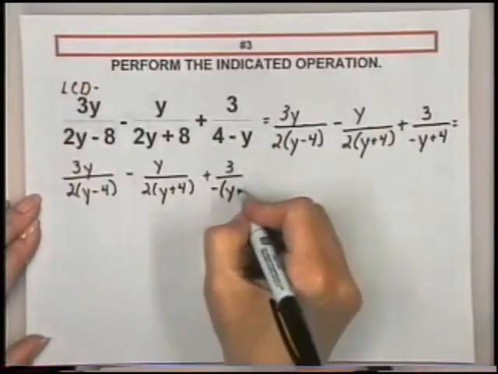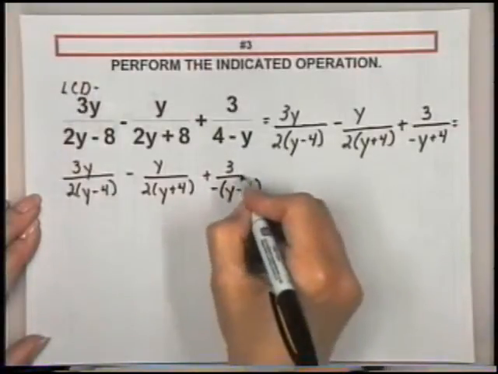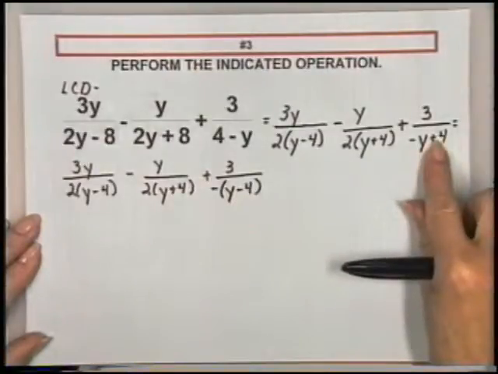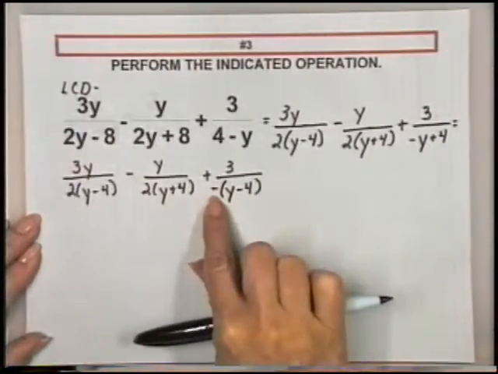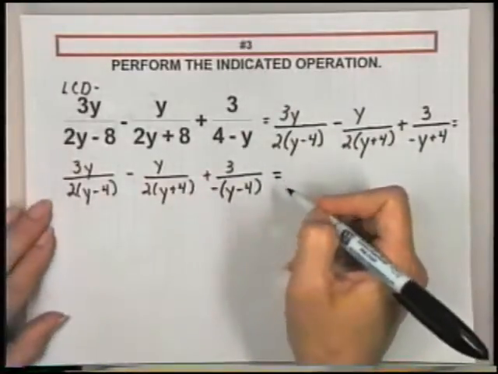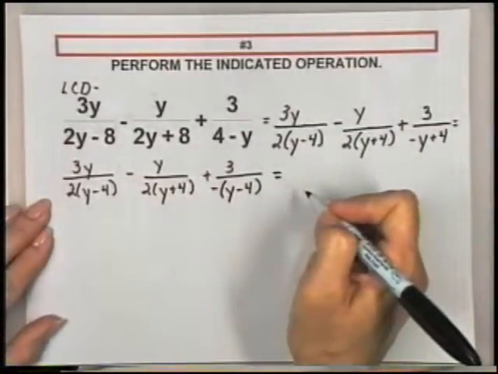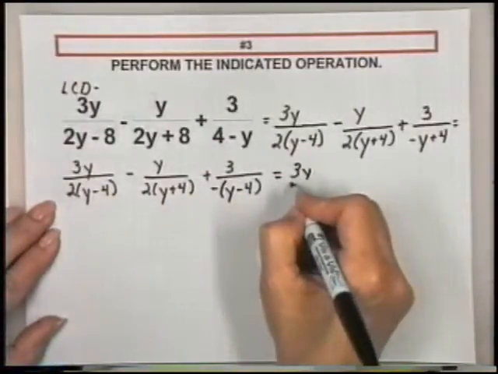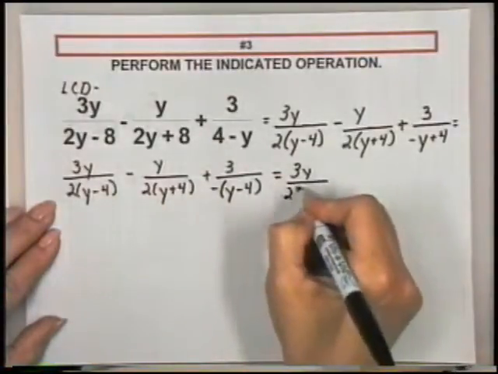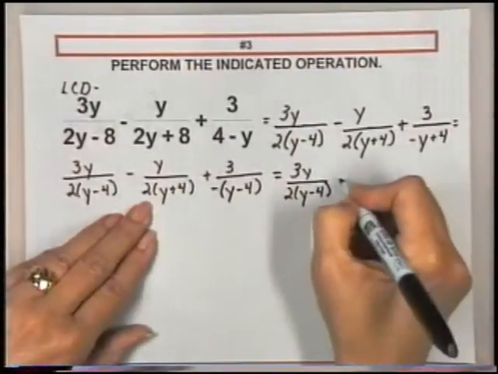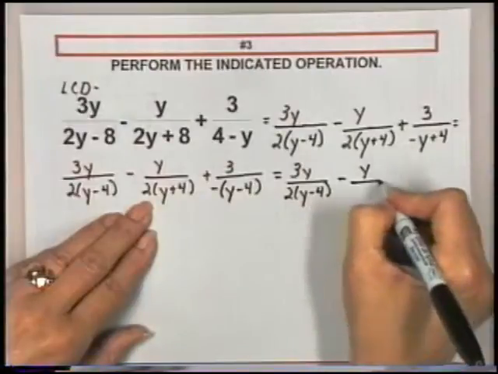When I factor a negative out of a positive 4, I am left with a negative 4. I may think positive 4 divided by negative 1 gives me negative 4. The next thing that I want to do is just to rewrite this problem. Let's write the first fraction. Let's write the second